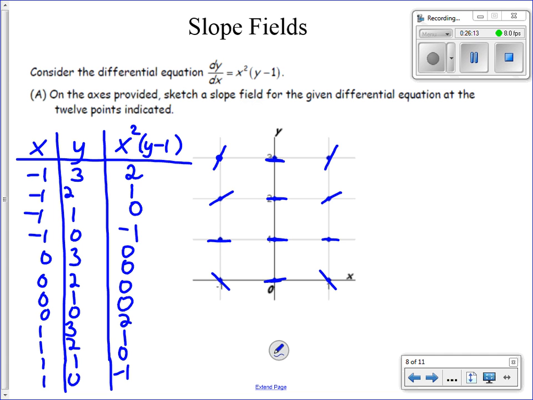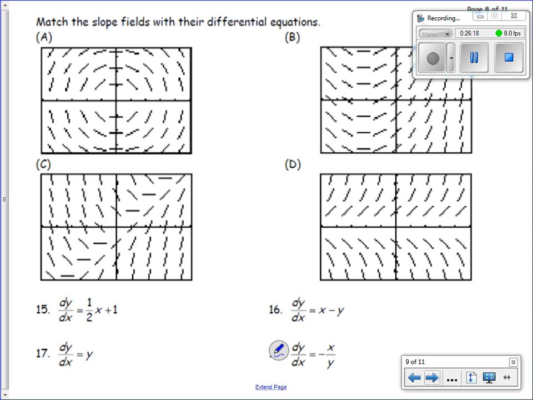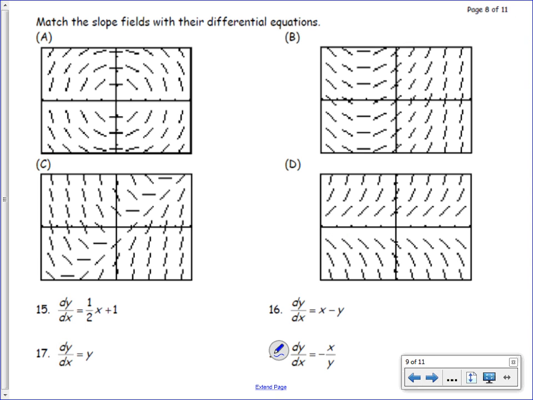And that would be our slope field. Okay, now sometimes instead of being asked to draw a slope field, you might have to match them. In this example, we're matching it to the differential equation. So I just wanted to remind you that when you're looking at the slope field, if your tangent lines are the same